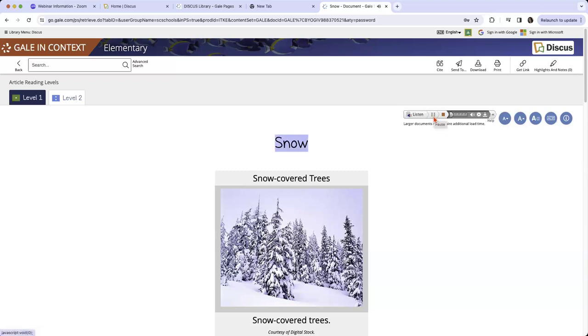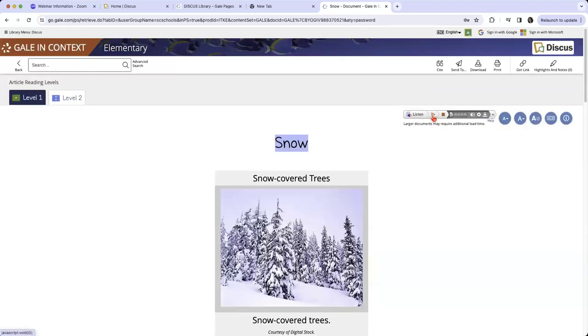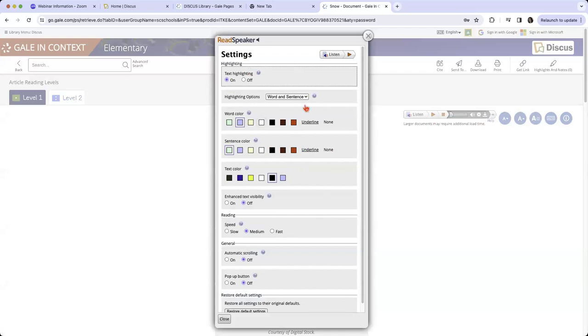And this is available in all of your Gale resources, not just in elementary. You have that listen feature at that document level in all your resources. And I can listen to it. It highlights as it's being read aloud to me. A feature I want to point out to you, and this is a feature that once I set it up on one document, it'll stick with me throughout my session, is under the settings, so that little gear. I open the listen button, I clicked play, and under this little settings gear here, I have some options